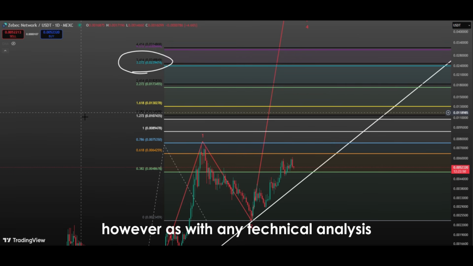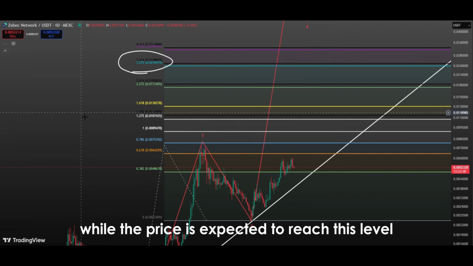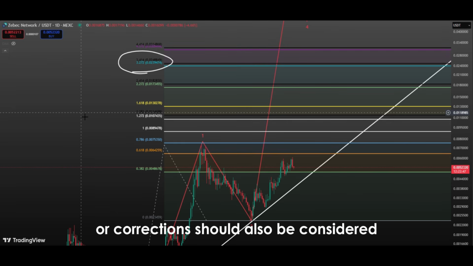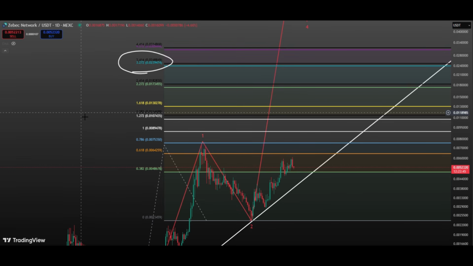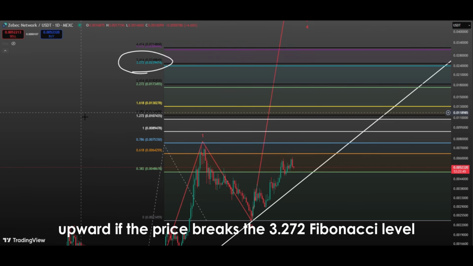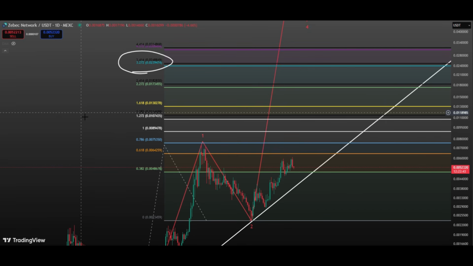However, as with any technical analysis, there are also risks here. Market conditions, economic data, news, and other technical indicators can influence price movements. Therefore, while the price is expected to reach this level, potential pullbacks or corrections should also be considered. During the third wave, small corrections may occur, but the main trend remains upward. If the price breaks the 3.272 Fibonacci level and holds above it, this serves as strong confirmation that the upward